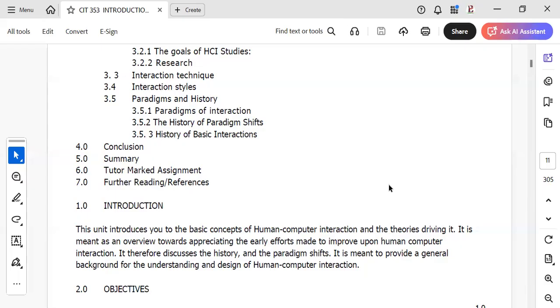We should know that the human computer interaction will involve a lot of things between the human and the computer. We are doing two things now. We are both studying human, studying computer, then seeing the way a machine and a human can blend together. That is what we are trying to do now. How a machine and the human, how they can blend together. So the introduction to this unit says that